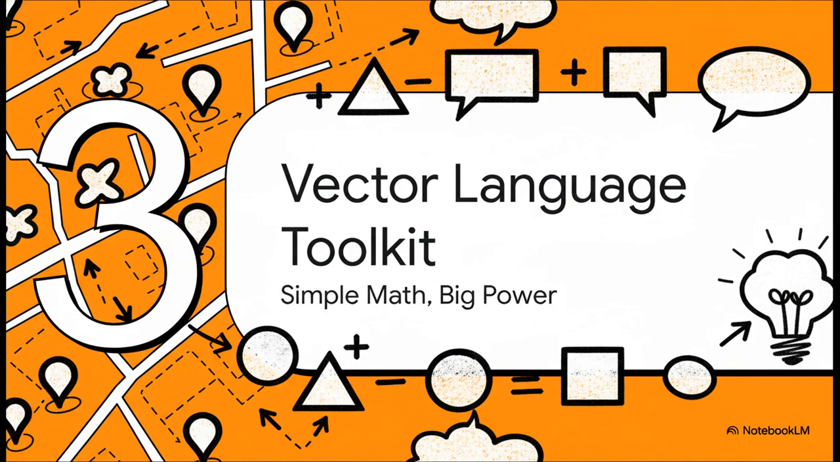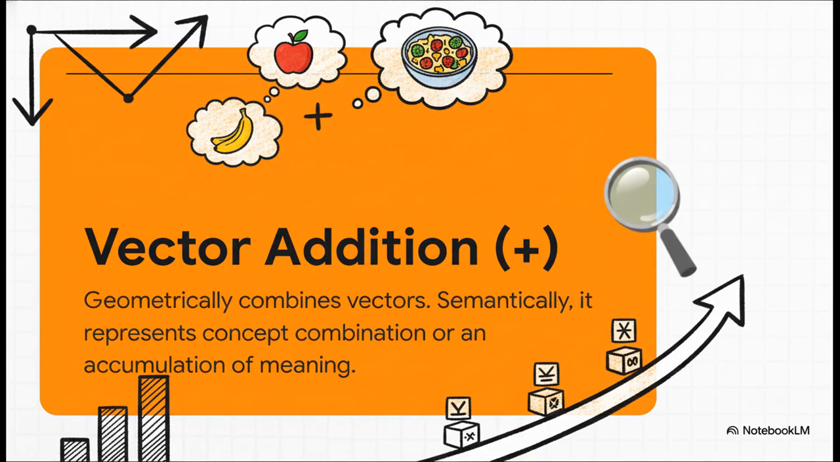So what's in this toolkit? I mean, once words are just points on a map, what can we actually do with them? Well, it turns out you can use some surprisingly simple math to perform some incredibly powerful linguistic tricks. First up, we've got plain old addition. But in this world, adding two word vectors together is basically like combining two concepts to create a brand new